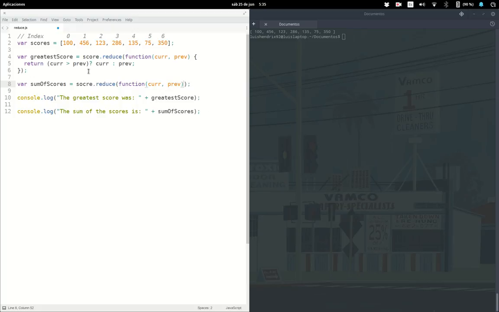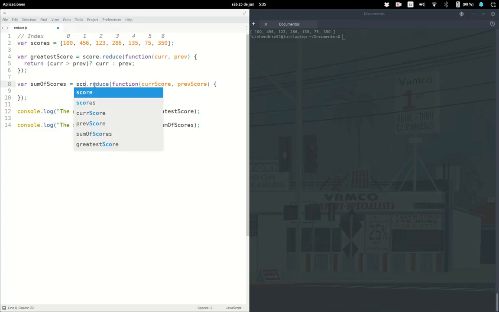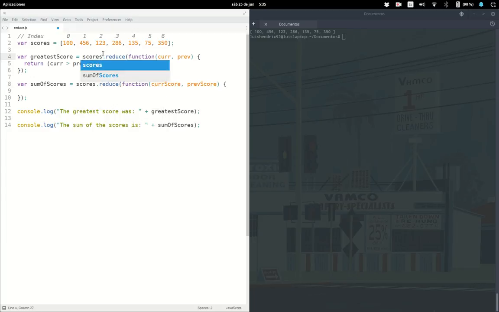So let's be more semantic here, we can say curScore, prevScore, and this method is going to be, sorry I mistyped, scores, as in the array. This is going to work as an accumulator in contrast to this one, which worked as a comparator. So let's say return curScore plus prevScore. Like so. So what's going to happen is the first iteration, current score is 456 points and the previous is going to be 100 points. So, I have those values stored in these variables, and I'm going to return the sum of these two values, which is I think